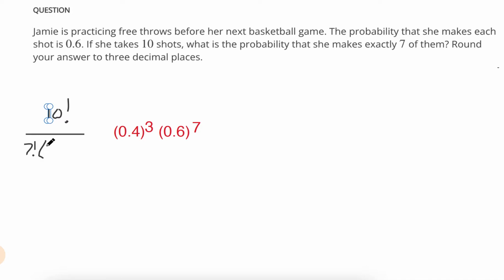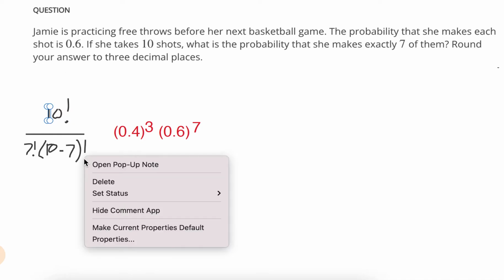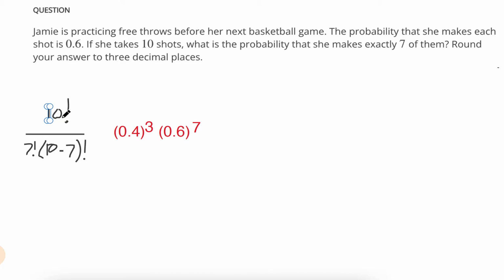And then it's 10 minus 7 in parentheses, factorial. Okay, a factorial means you do 10 times 9 times 8 times 7 times 6 times 5 times 4 times 3 times 2 times 1. Obviously, we don't want to sit there our whole lives doing that, so you can shorten this up a little bit. Expand 10 factorial to be 10 times 9 times 8